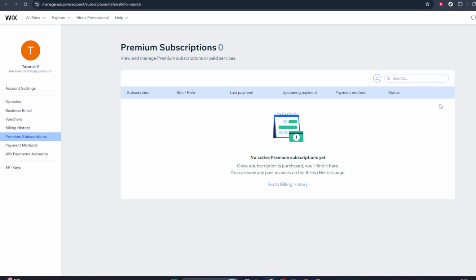Once you've done that, your Wix subscription will be set to cancel, usually at the end of the current billing period. You can always return to the Premium Subscriptions page to double-check the status and make sure it shows as cancelled or